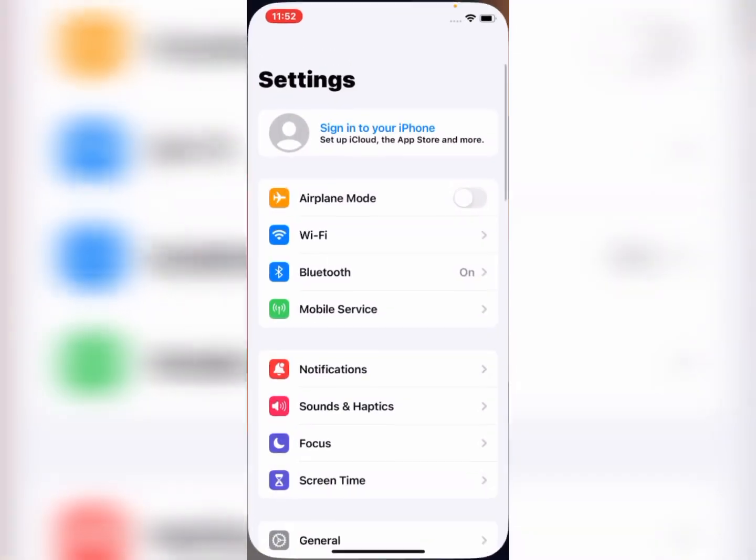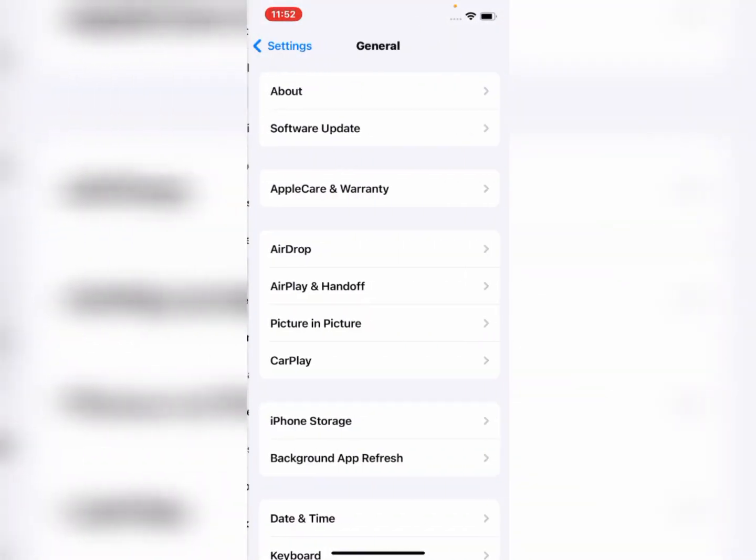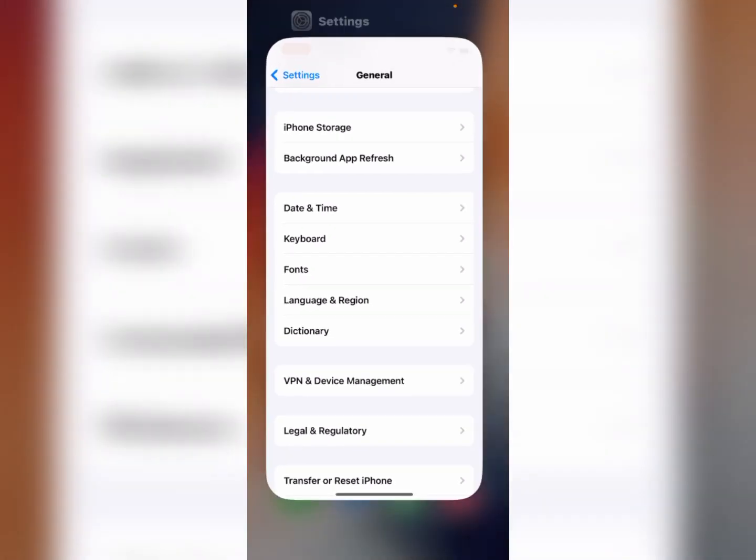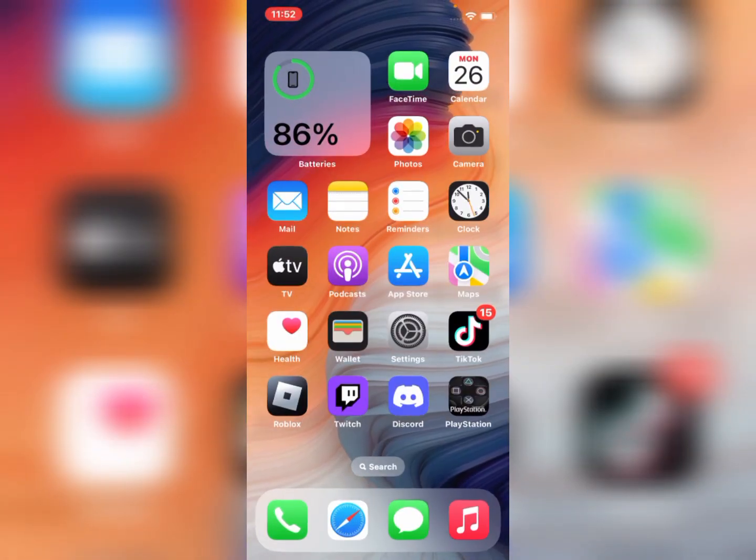Another is go to Settings, go to General, and go to VPN and Device Management. If you have connected with VPN and device management, you can disconnect it and fix your problem. So go back, and if the solution is also not working, then we move to another: force restart your